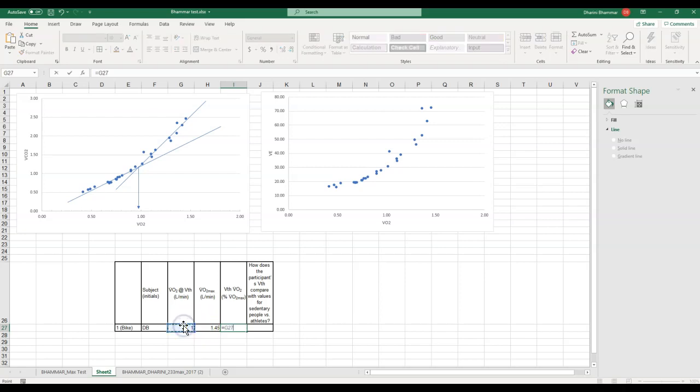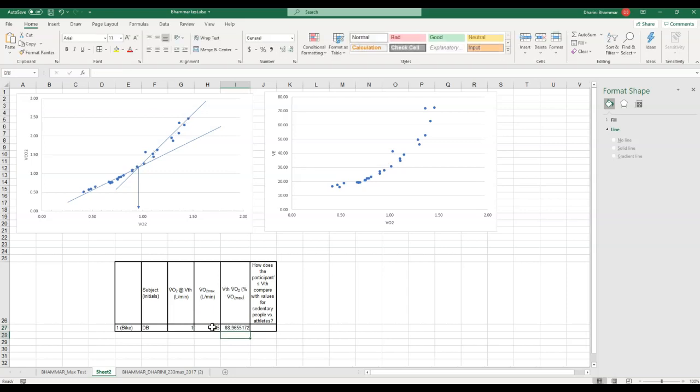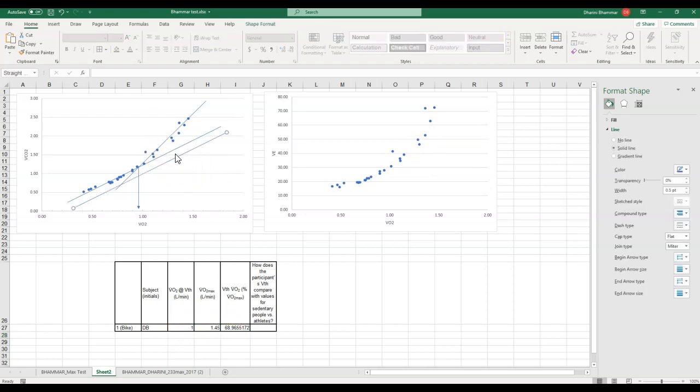And then what is it as a percent? It'll be whatever your VTH is divided by VO2 max, times 100. Now you do have two graphs, so what you should do before you type this out is do it in both and see if they are pretty close, and if they are not, then find a value that's somewhere in the middle as the VTH. Either one will be correct. We're going to give quite a bit of leeway in scoring these because we know that they might not always come out exactly right. We just want to know that you're paying attention.